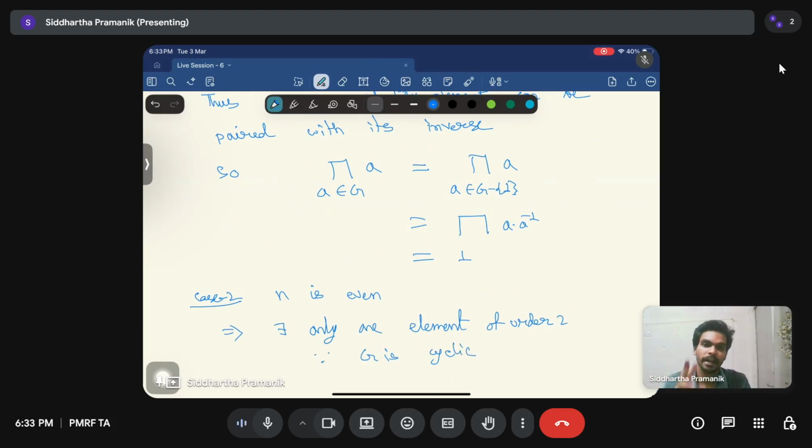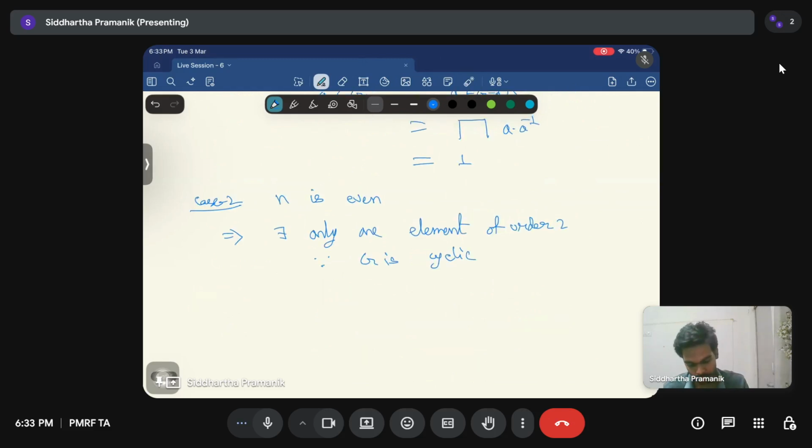So there are exactly 2 elements which are self-inverse. And this element is basically minus 1, because minus 1 will be there, which is a square root of unity, because n is even. So in this case the product is,